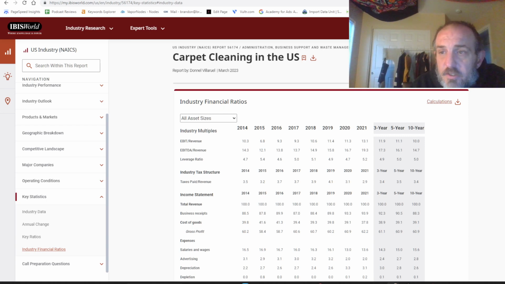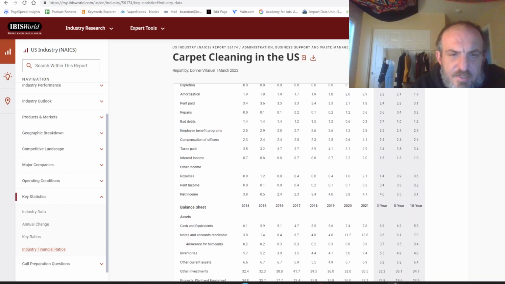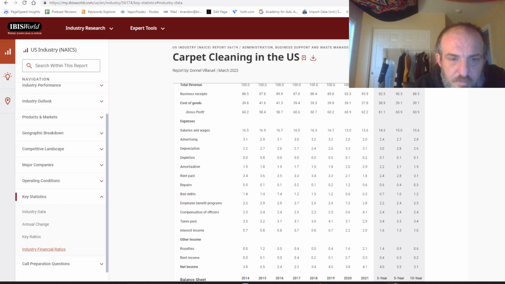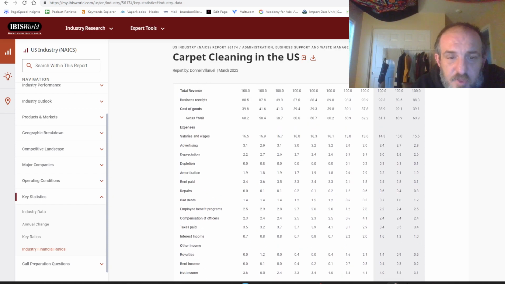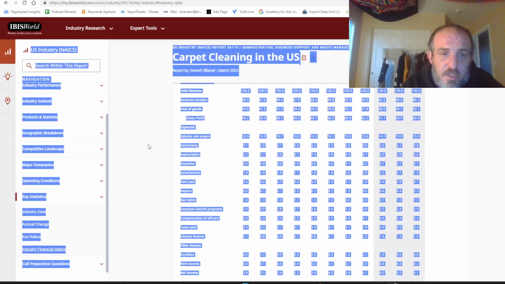It also has industry financial ratios. There's a lot of information here. Right here on the screen, you can see the total revenue, business receipts, cost of goods, gross profit. Then you have a list of a whole bunch of expenses. So this is really helpful